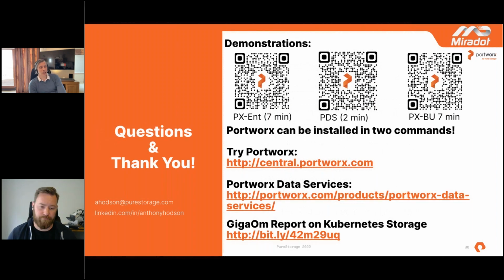So this is a slide we saw in one of the previous sessions, but if you want to jump into some of these technologies and how they work, there's some very small demos there that'll take you through it in the time it takes to drink a warm drink. We've got Portworx. Portworx can be trialed from central.portworx.com. Most of these products will be available as a SaaS this year.